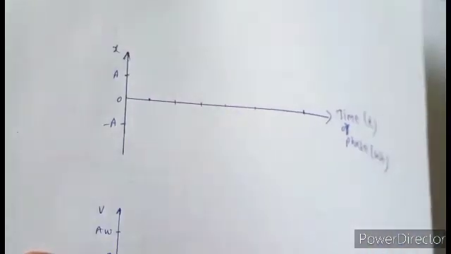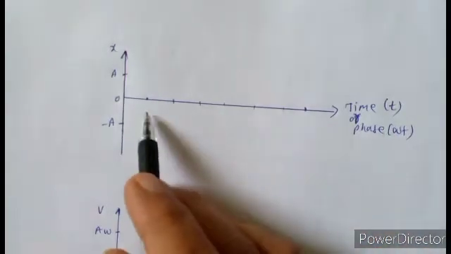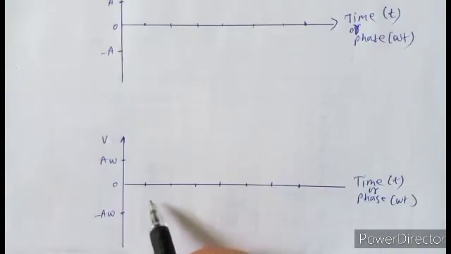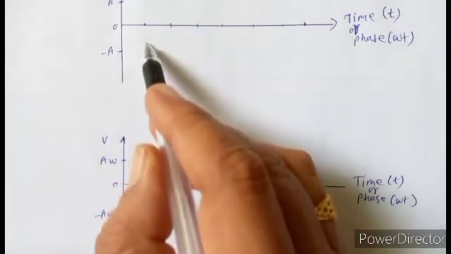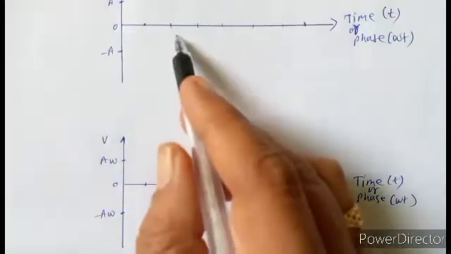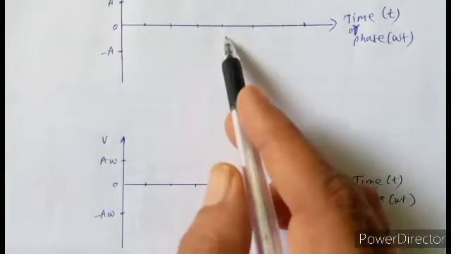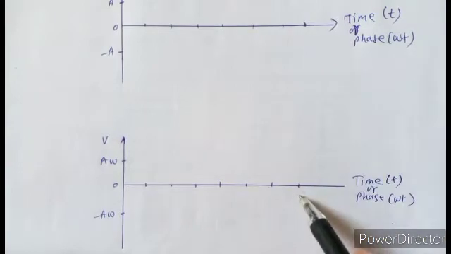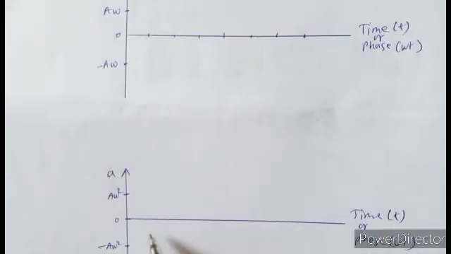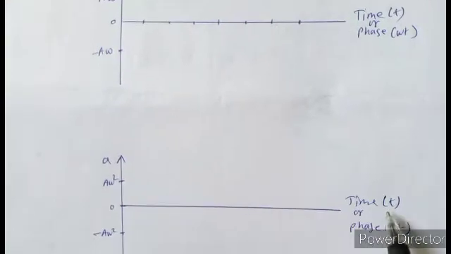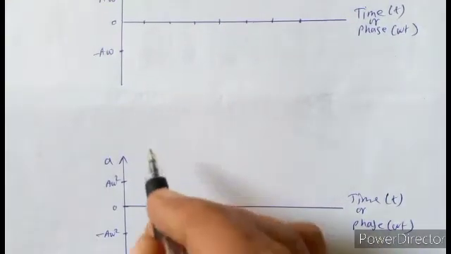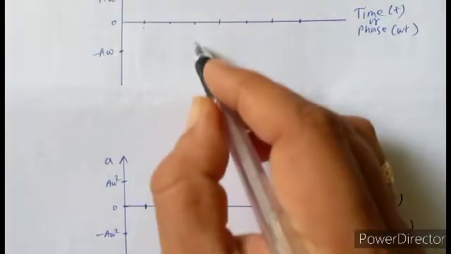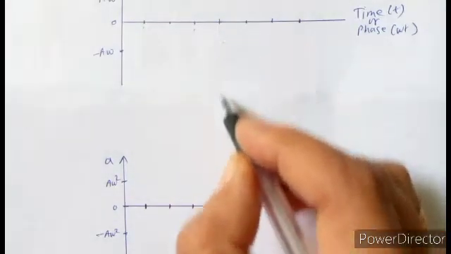We divide the phase axis or time axis in equal parts. Similarly, we divide the velocity phase axis or time axis exactly below that in equal parts. So you take a few equal parts in this way. Also on the acceleration graph, divide the time axis or phase axis in equal parts: 1, 2, 3, 4,